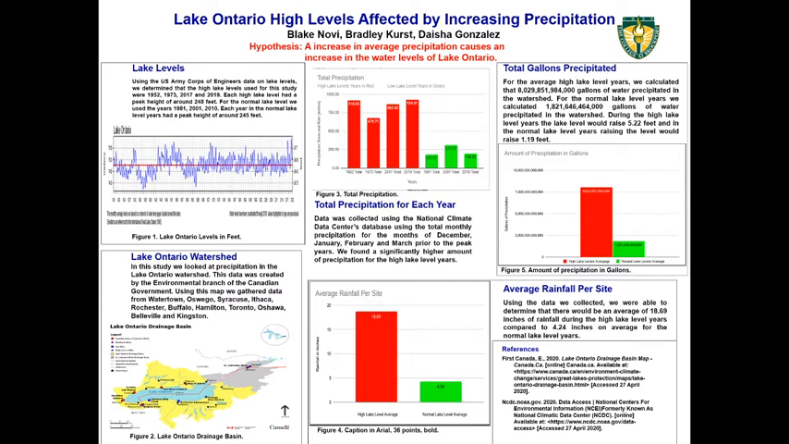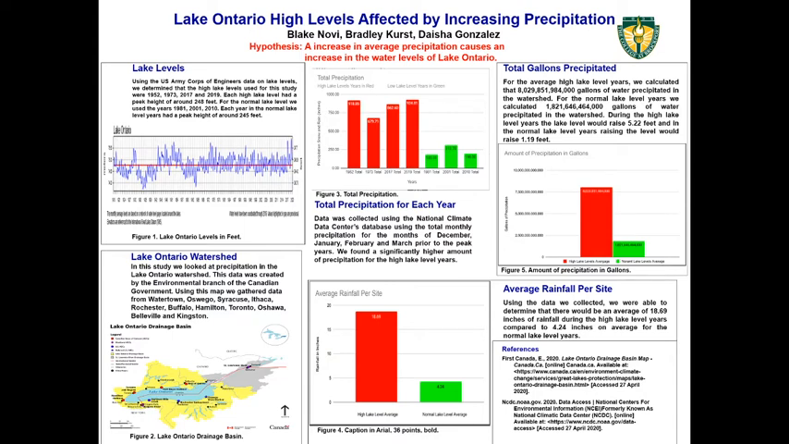We then next found out how many gallons of water was going to be precipitated on average for the high and the normal lake level years. And we found that it takes about 128 billion, 900 million, and 600,000 gallons of water to raise the lake 1 inch. We then determined, using the 18.69 inches per rainfall site, and the size of the drainage basin being